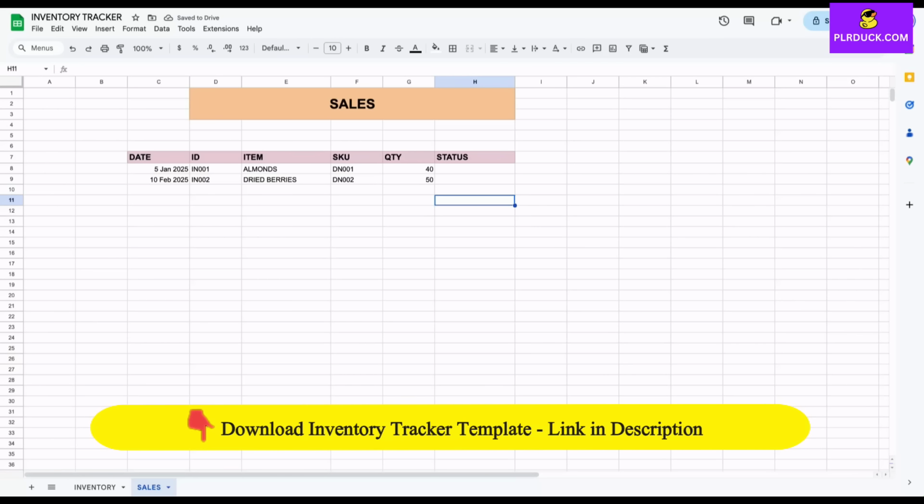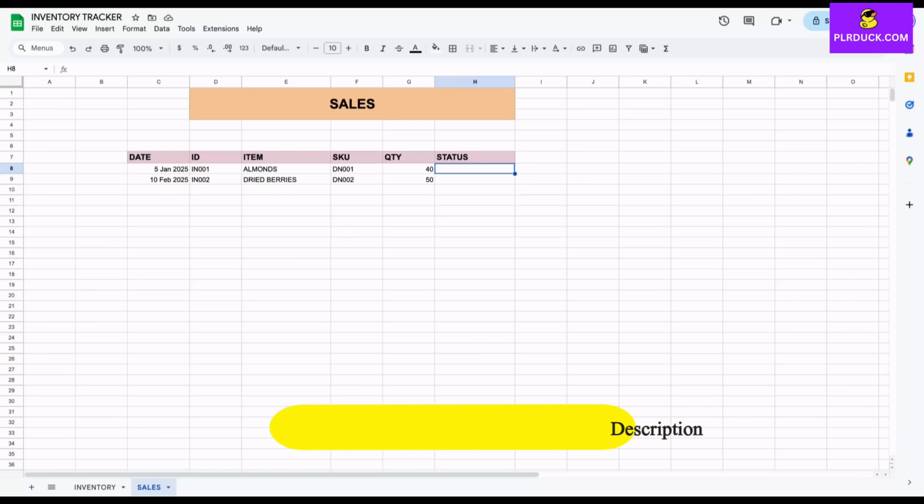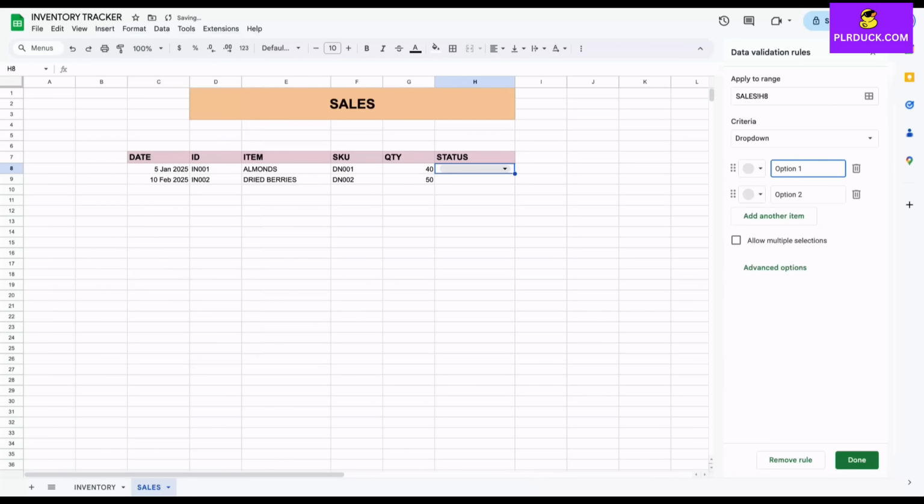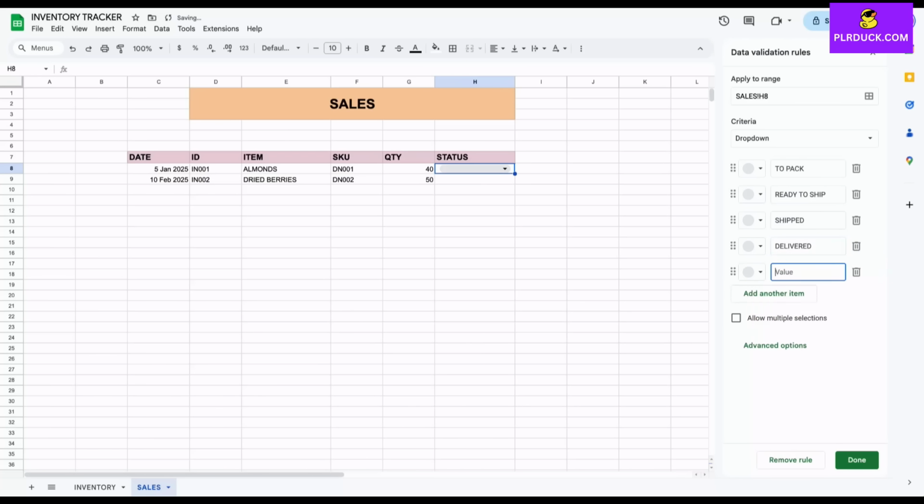Next we need to come to the status column. Here I'll create a drop down. I'll go to insert, and then create a drop down for this one. Let's say the first option is to pack. That's the first option. The second option, I'll say, is ready to ship. These are the different stages in a particular order. Next is shipped, and then delivered. The fourth is going to be cancelled,